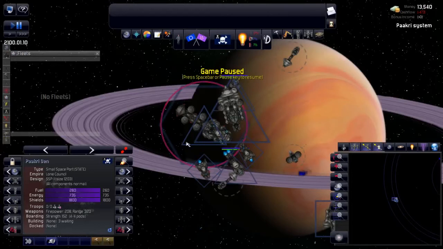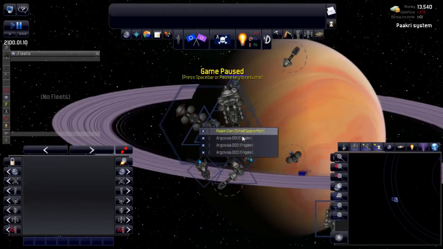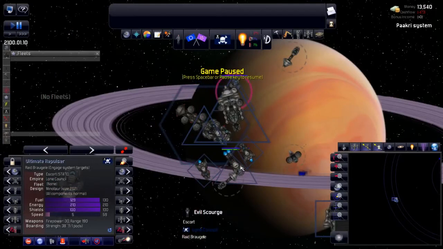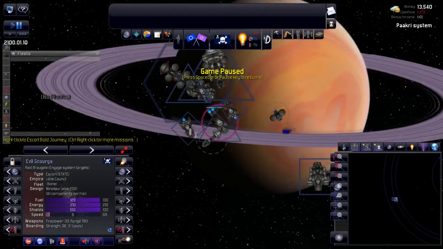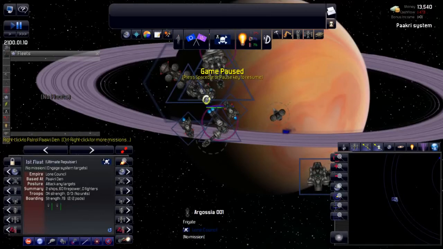In fact, let's just do that now. Let's just, if I grab all of those, nah, it's too much. Let's just grab the 3 frigates. Escort, and let's do that again. Escort and then shift click ultimate repulsor and evil scourge. Okay, so they're the 2 escort ships. Let's just put them into a fleet, and then when these are complete, we'll actually just let them also come in. And what I'll do is just so they don't wander off and do things,